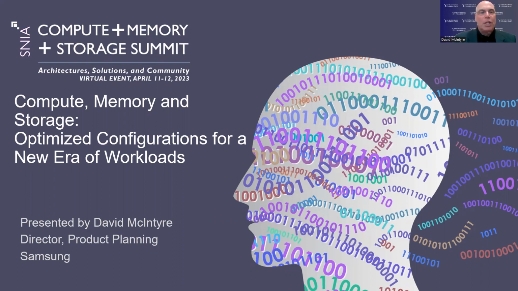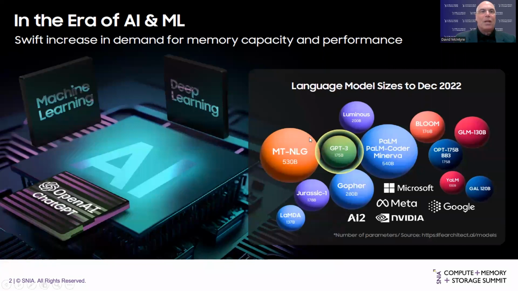And today I want to share with you compute memory and storage, optimized configurations for a new era of workloads. So the new era of AI and machine learning that we're all involved with has shown a swift increase in demand for memory capacity and performance. The hyper buzzword these days is OpenAI and ChatGPT. And I did some research looking at this